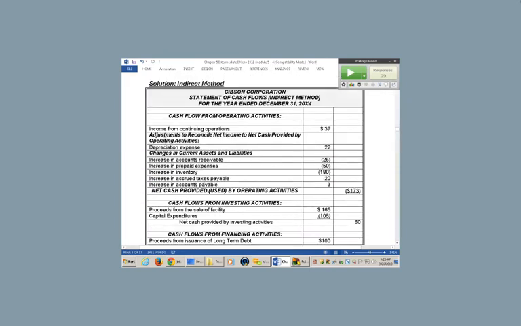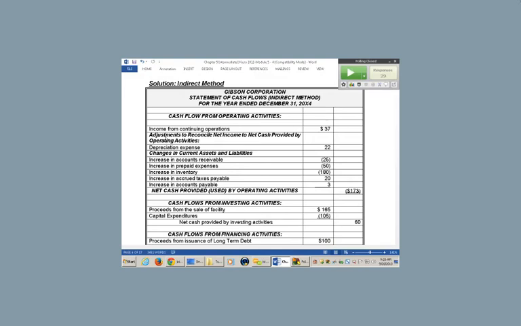Now, once you do the direct method, the indirect method's easy because operating activities we already did them. So if this was the indirect method, we've got the reconciliation, which we've already seen in the footnote for the direct approach. So the indirect method is pretty simple. We've already done the operating activity section. And the investing and financing, as we said, on a direct cash flow basis, in a sense, are the same.